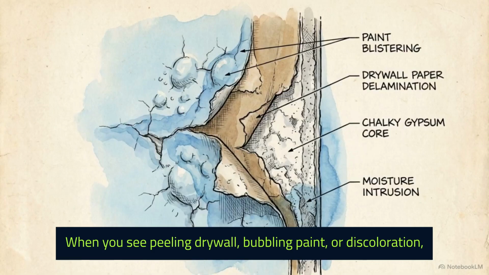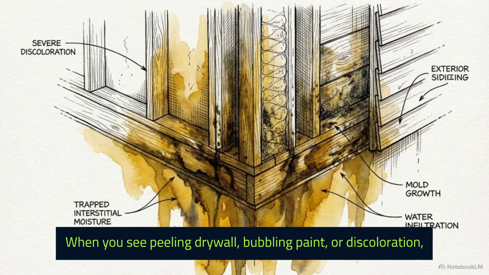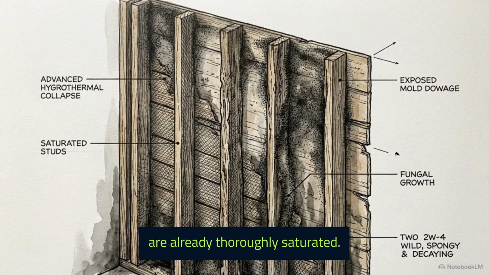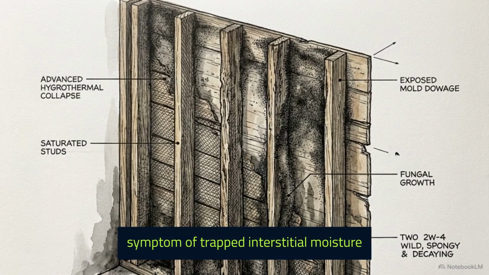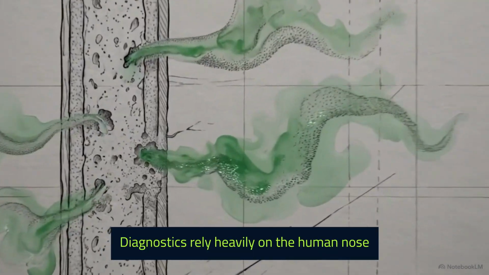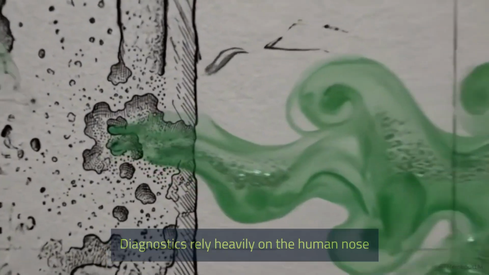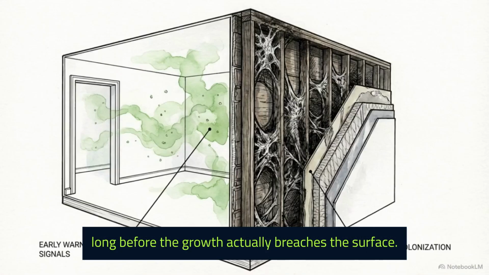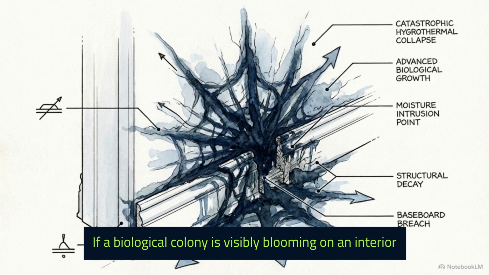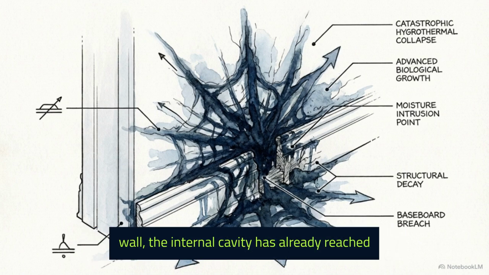months. When you see peeling drywall, bubbling paint, or discoloration, the structural materials behind the surface are already thoroughly saturated. Aesthetic damage is a late-stage symptom of trapped interstitial moisture. Because this moisture remains hidden, diagnostics rely heavily on the human nose long before the growth actually breaches the surface. Relying exclusively on visual confirmation is a flawed protocol. If a biological colony is visibly blooming on an interior wall, the internal cavity has already reached a state of